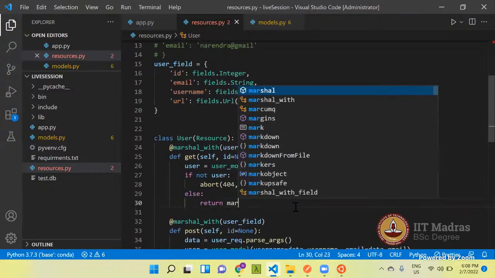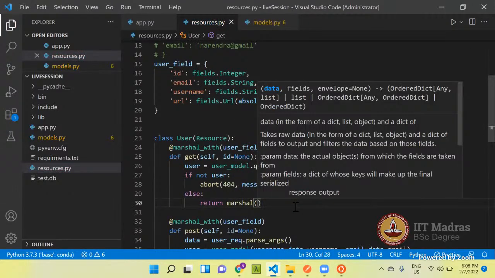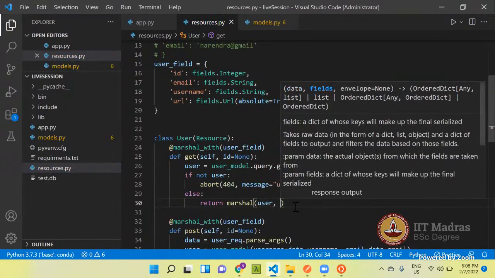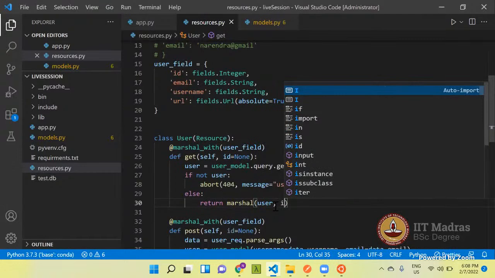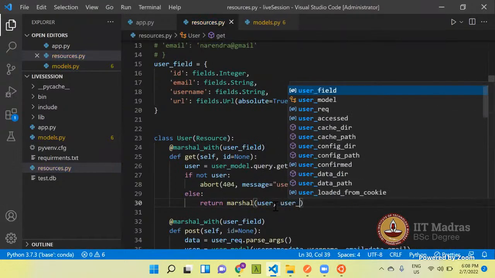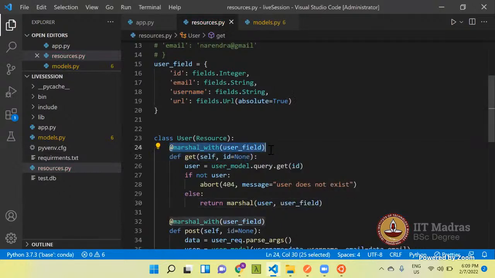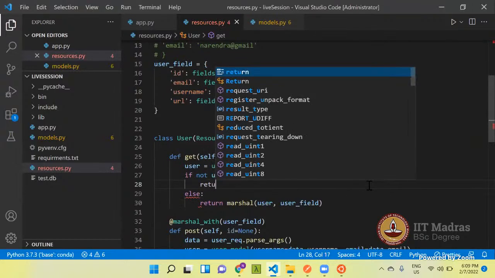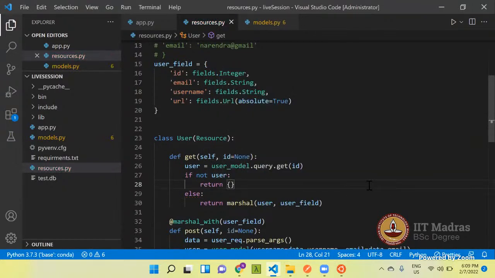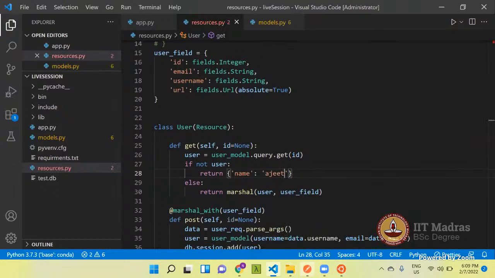So what you can do, marshal and user, and then user field. I'll remove this marshal_with decorator from here. And return, let's say, name AJWT. So if I send a request now,